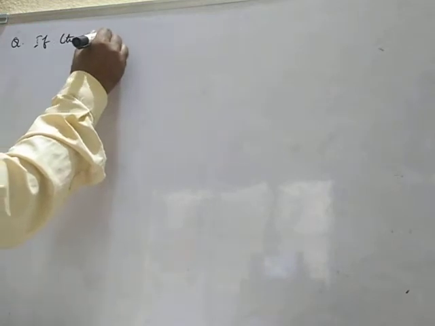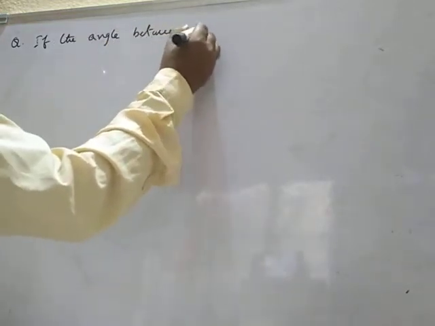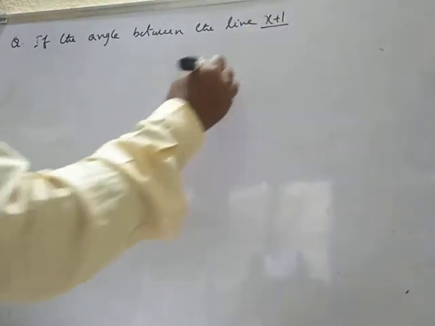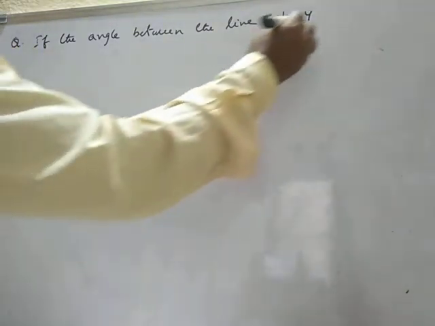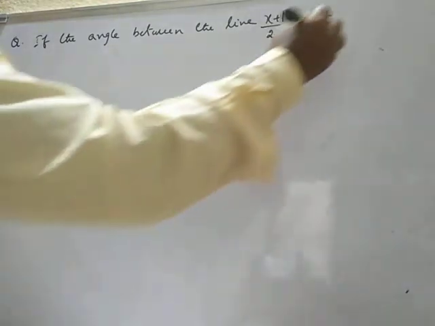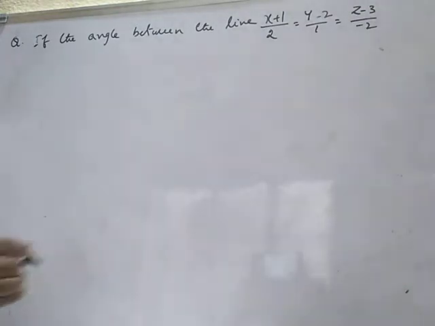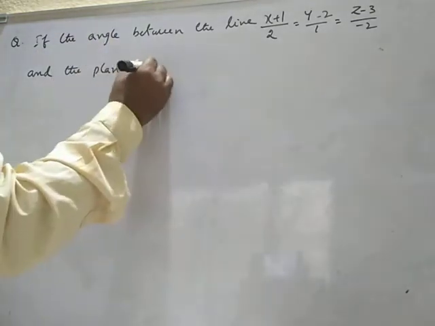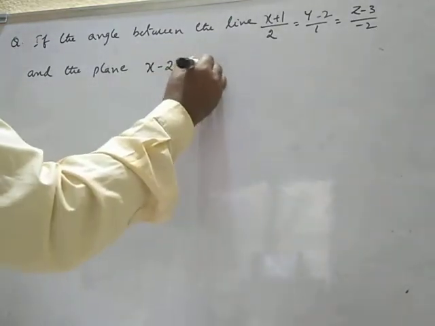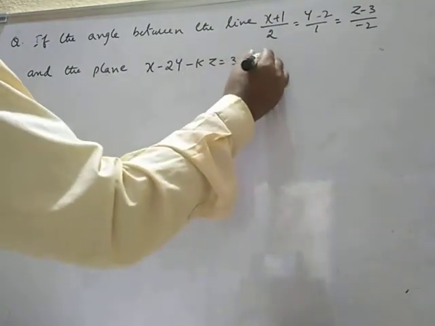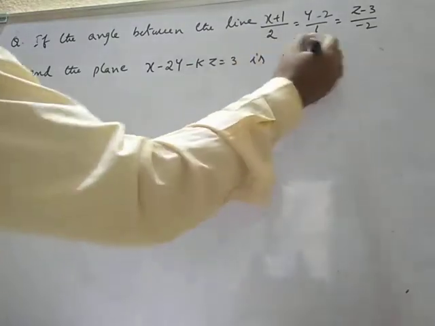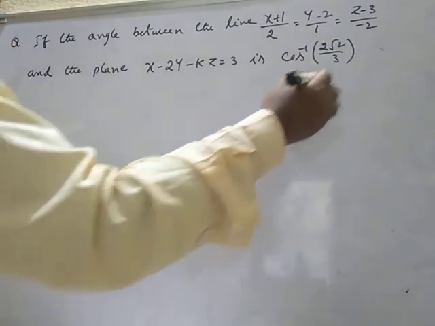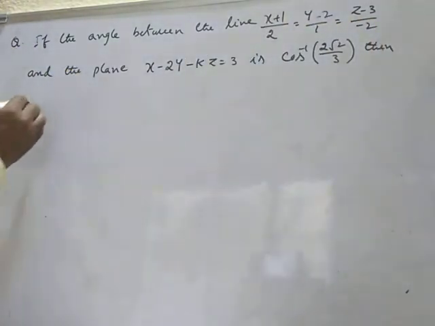Okay, next one. If the angle between the line (x plus 1) by 2 is equal to (y minus 2) by 1 equal to (z minus 3) by minus 2, and the plane x minus 2y minus kz is equal to 3, is cos inverse of 2 root 2 by 3, then the value of k is